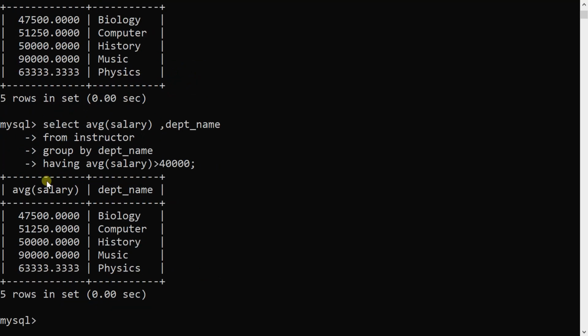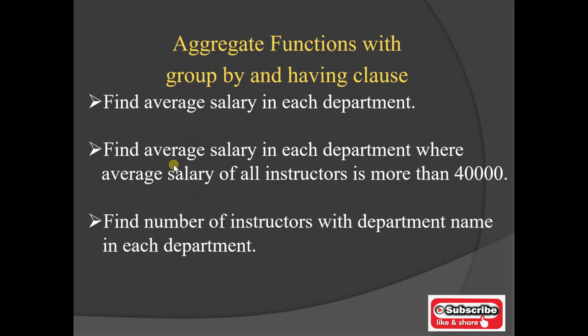So here, friends, you can see average salary with department name displayed where the average salary is greater than 40,000. Only those records are displayed wherever the average salary is greater than 40,000. This is our second query. Now I will execute the third query.